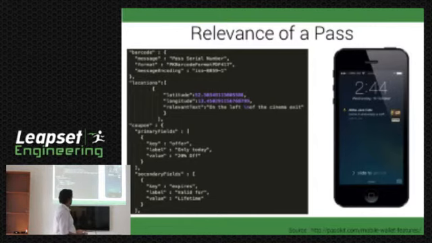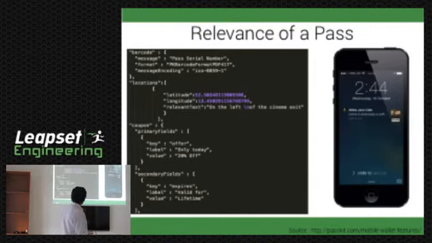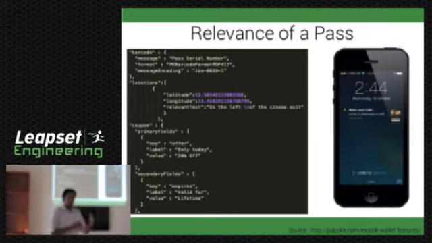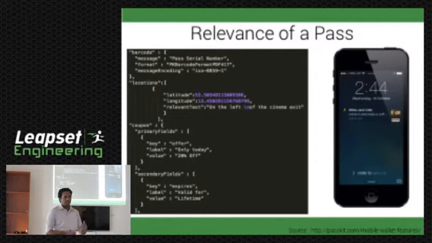That means you can store location information inside the pass, and then say you are going by a store, and if you are within that geofencing area, it will pop up a message on your lock screen saying, hey, you can use this pass at this location. So obviously this eats up into the battery and things like that, but the feature is there if you want to use it.